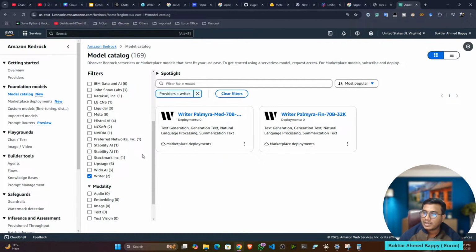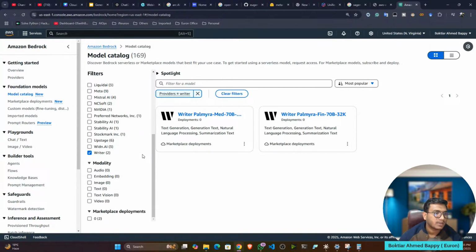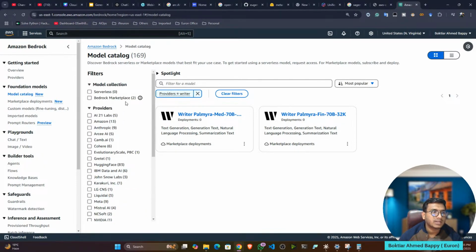Can you use OpenAI from Hugging Face in this? No, OpenAI can't be used from Hugging Face. OpenAI doesn't publish their models on Hugging Face, but you can get similar kinds of GPT-based models. But this is not the actual GPT you are using in OpenAI. Then you also have audio models, embedding models, image models, text models, vision models. All kinds of models you have in the model garden.